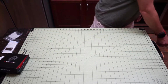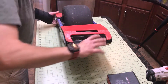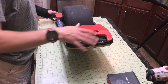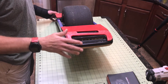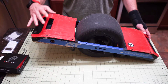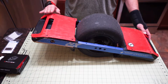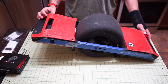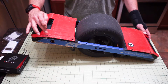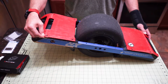First off, let's take a look at the board. So this is my good old board here. If you watched my first video, you might remember that I was questioning the length of the screws. They give you 2 screw lengths to put in the front. Through using the board, I guess vibration or not having it tightened down enough, the shorter screw actually wound up coming out. And so I replaced both of the front screws with the longer screws,